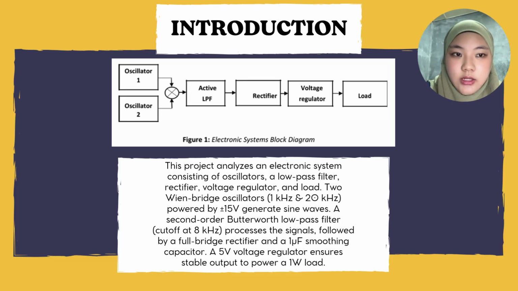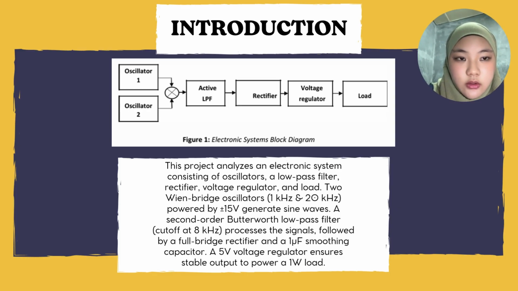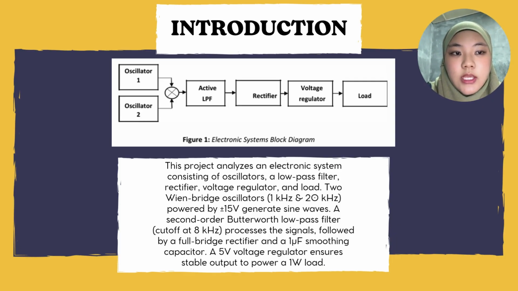This project analyzes an electronic system with the key components: two Wien bridge oscillators, 1 kHz and 20 kHz, a low pass Butterworth filter, which is 8 kHz, a full bridge rectifier with a 1 microfarad filter capacitor, a voltage regulator, 5 volt output, and a 1 watt load. Each stage was studied to understand its role in generating, filtering, converting, and regulating electrical signals to power the load